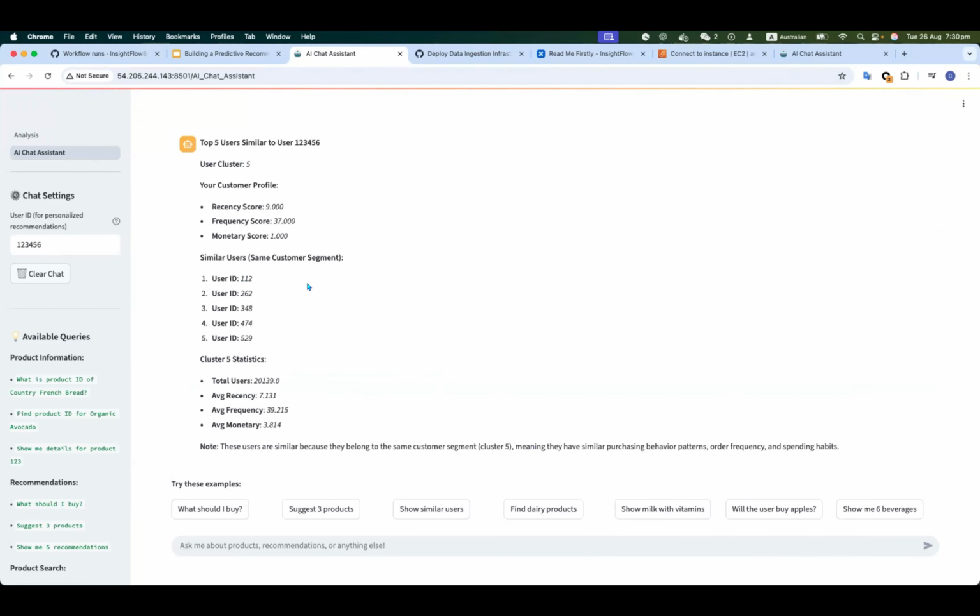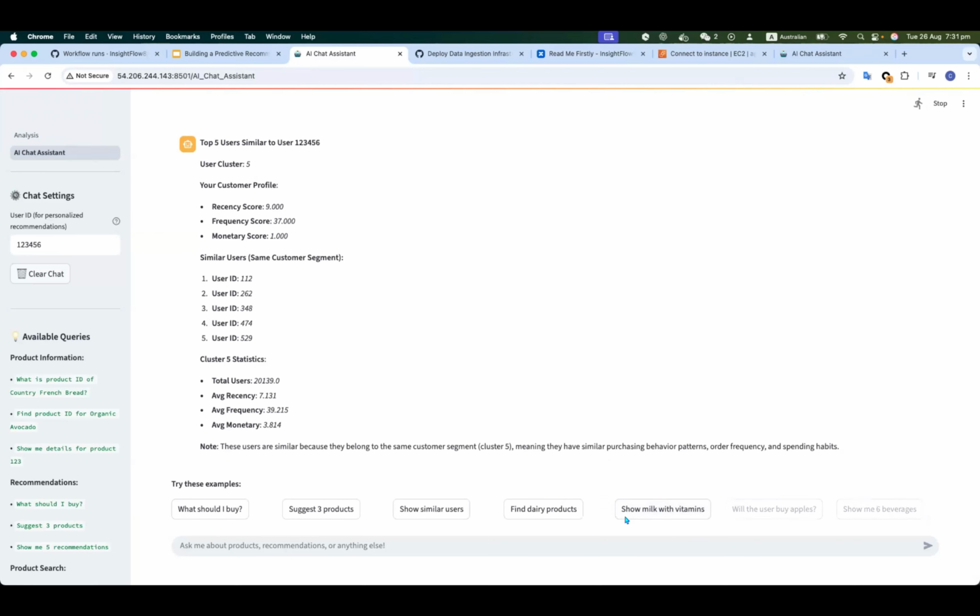Here we have some features of this cluster, and you can get some users in this cluster as well.